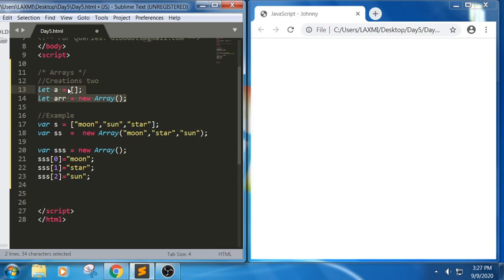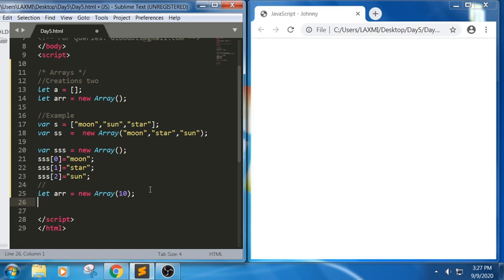Suppose you want to specify the number of elements in the array, like I know I have only 10 elements. If you know this prior, then you can simply write 10 like this. It means this array will try to store the values of only 10 elements. Initially we can pass this.